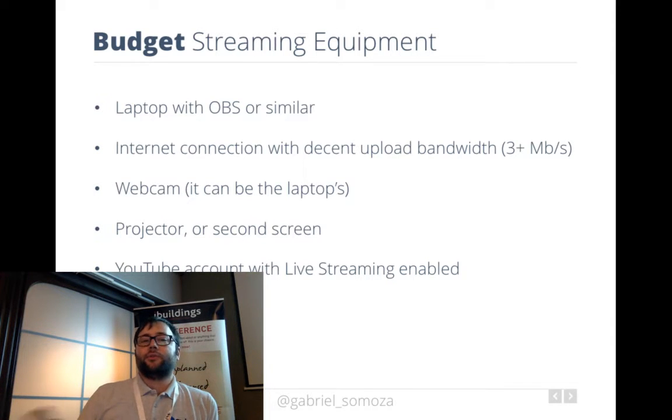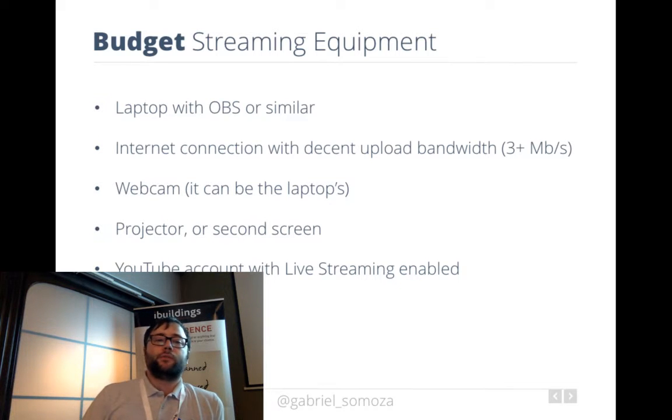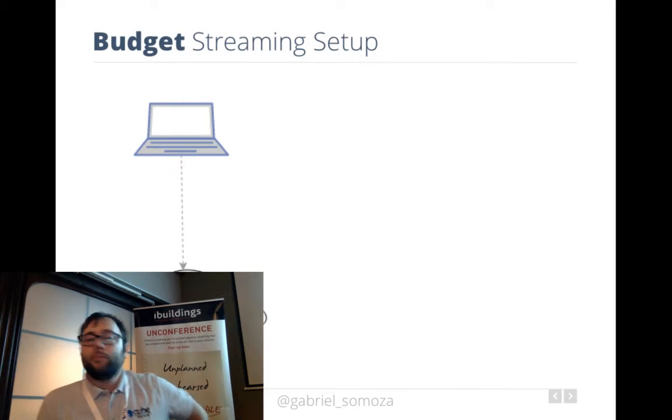I think it's a game changer, because before that there was only Ustream or a couple of other services, and they were mostly paid, and if you didn't pay, there were limitations like you couldn't stream HD. YouTube allows you to stream up to 1080p, so it's pretty cool, all free. And the video stays on YouTube, which you don't even have to worry about. So this is a diagram of what I'm doing right now.